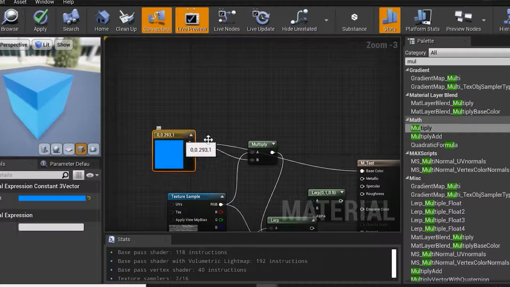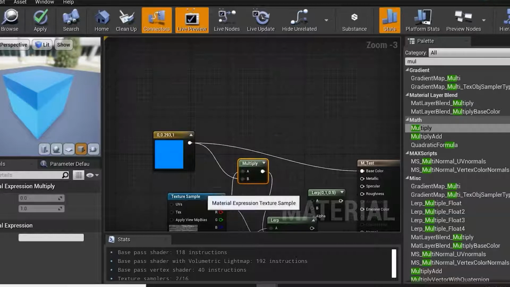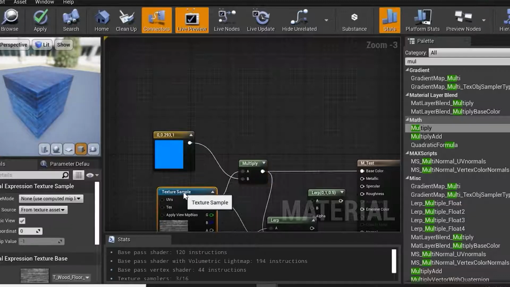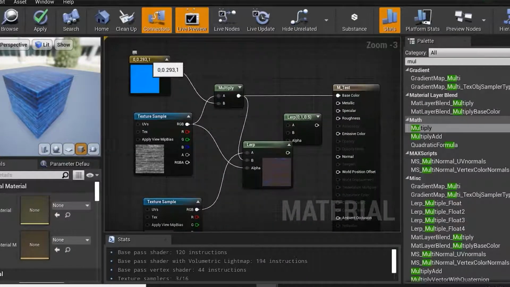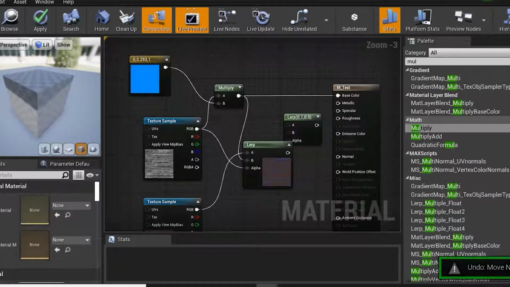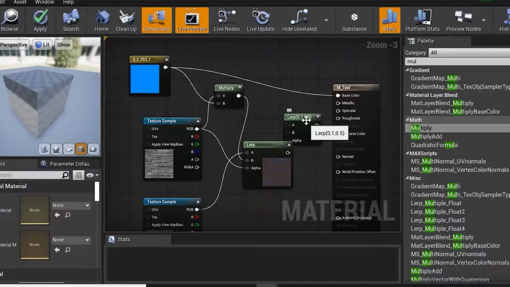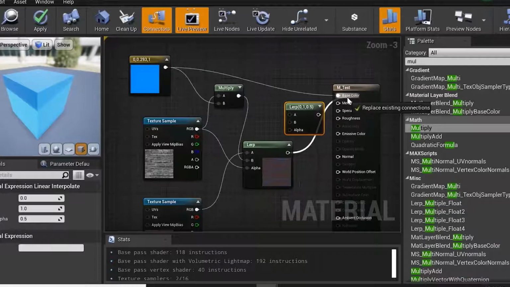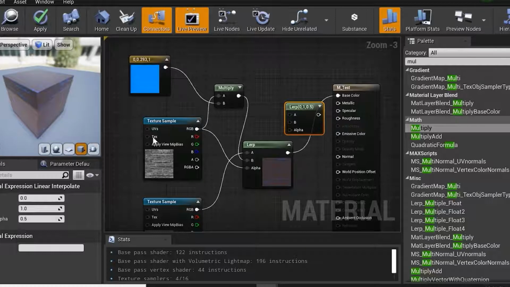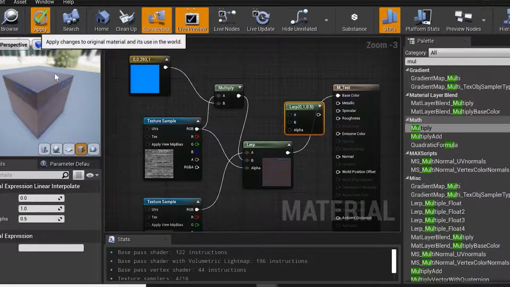Correct? So this constant material will go to the multiplier. Now here is the benefit. I'll just drag and drop to my base color. Here you will see we have multiplied these two colors. This blue color is there, this texture sample is there, right? If we apply the previous node, correct, my lab into my base color, that way we can use these two textures together. That is already in the multiplier. And always remember, we always have to use apply and save.